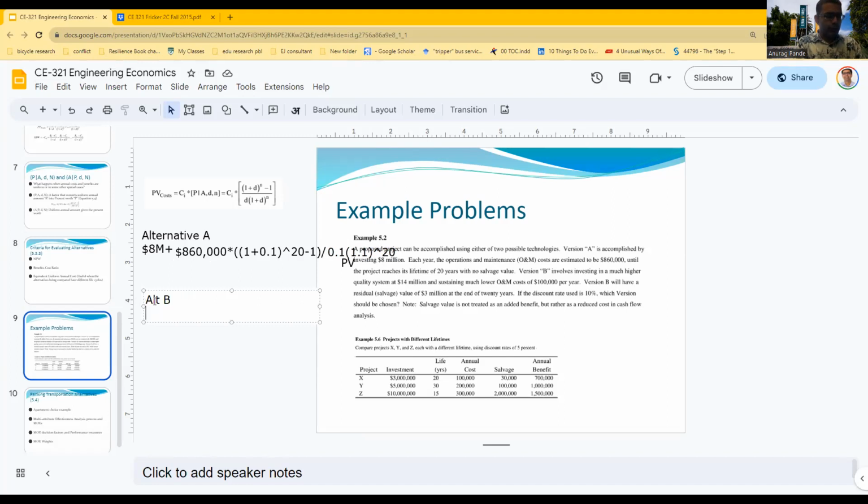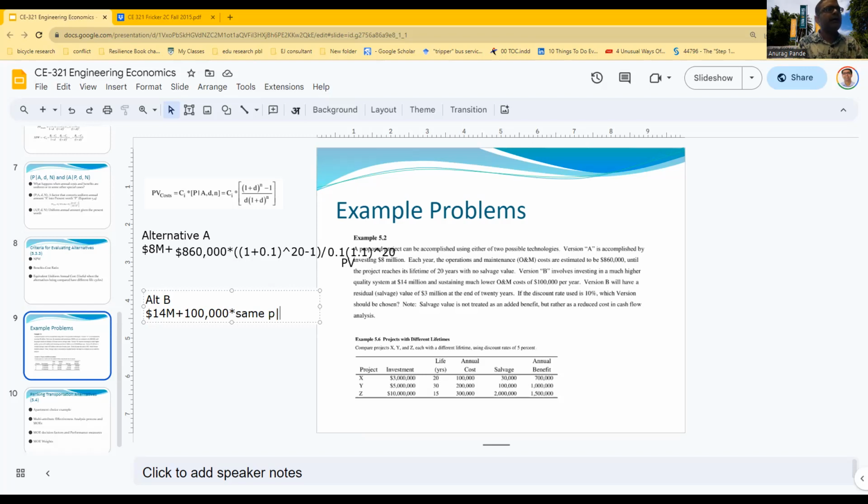So it's going to start with $14 million. So you're going to start with a bigger hole, but then the cost is only $100,000 per year. And the beauty is you actually don't have to compute this again and again and again. If the D is the same and the N is the same, you can apply the same factor. So I'm going to say same